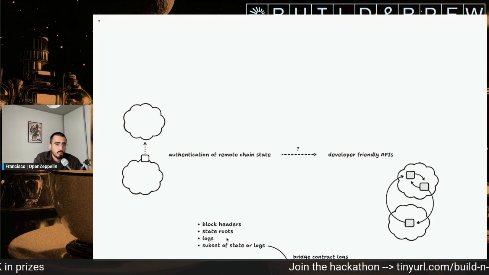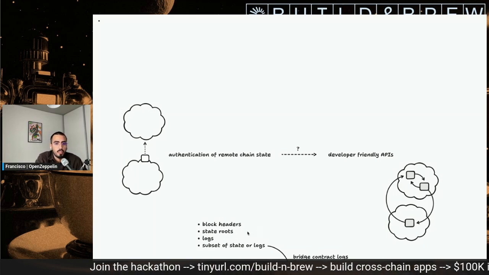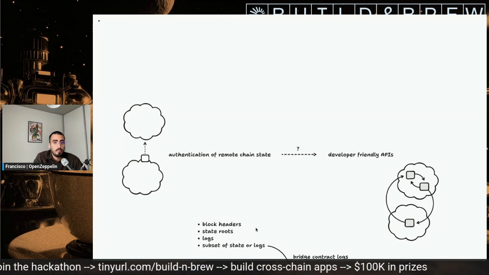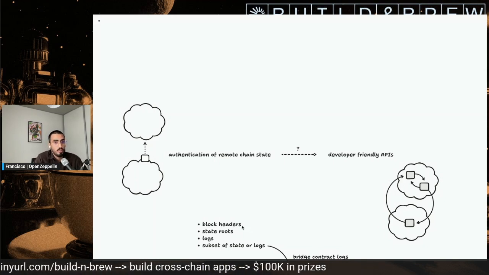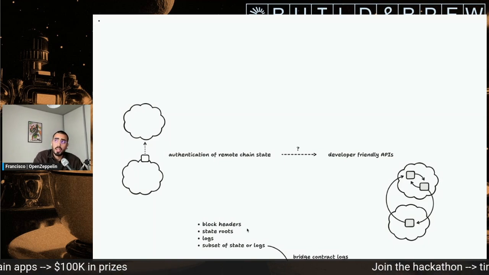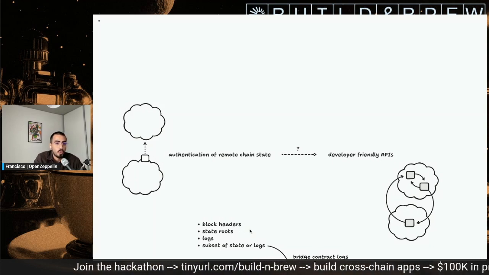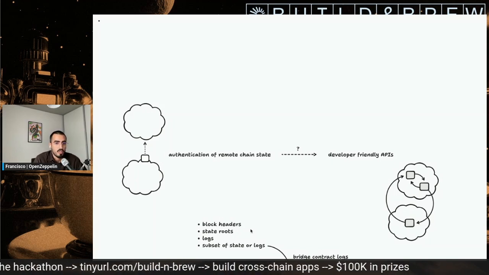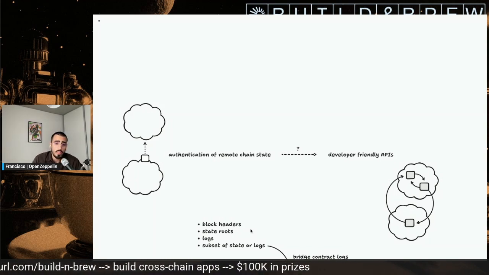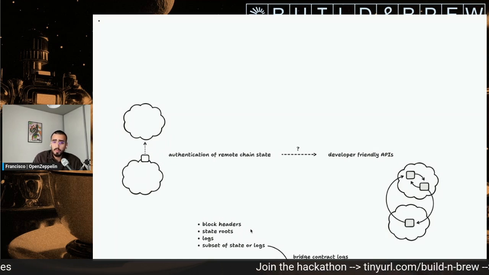You might have state roots of the remote chain, right? But you're going to get a similar problem there. It's not going to be developer-friendly. You're going to have to provide Merkle proofs again of the state that you want. And additionally, you have another problem, which is that using state roots, you can, for example, prove that some token on the remote chain has a certain balance, like that some account, some user has some balance of a token on the other chain. You can, in theory, do that, but it's difficult to make that into a general purpose